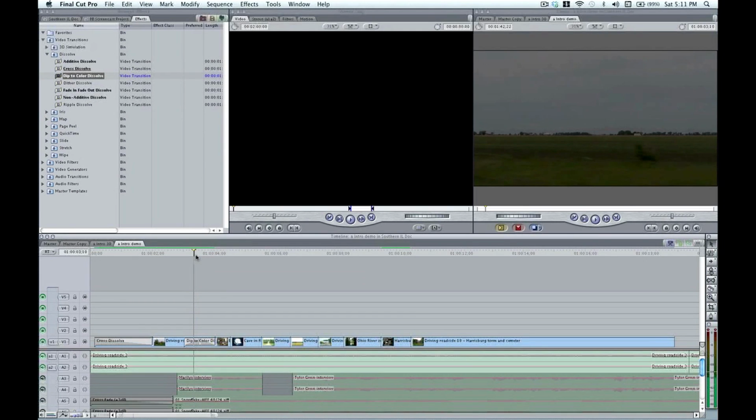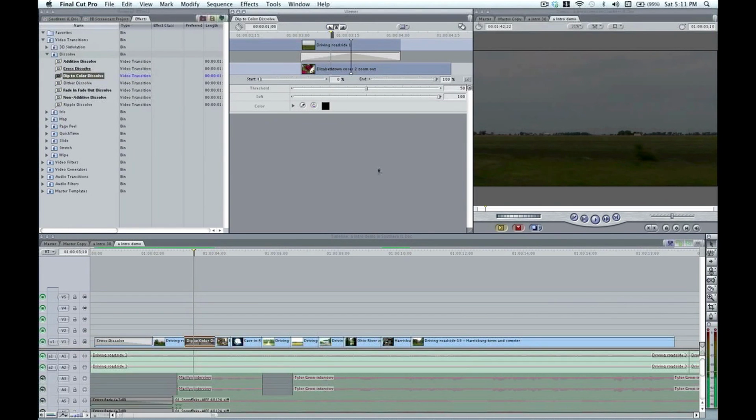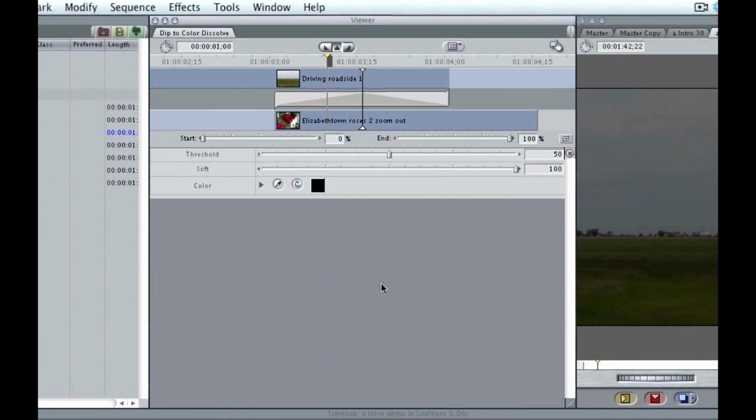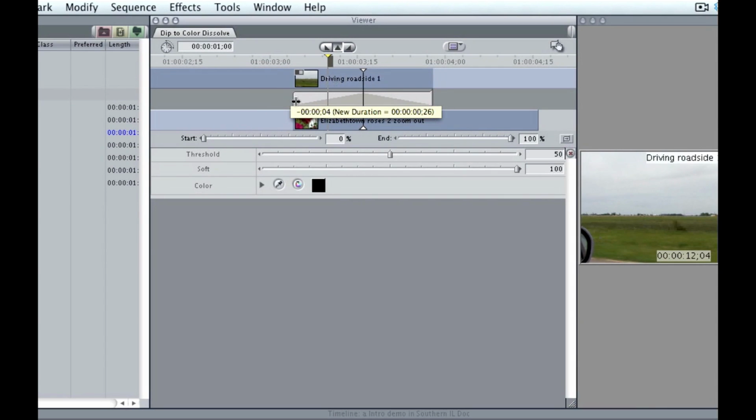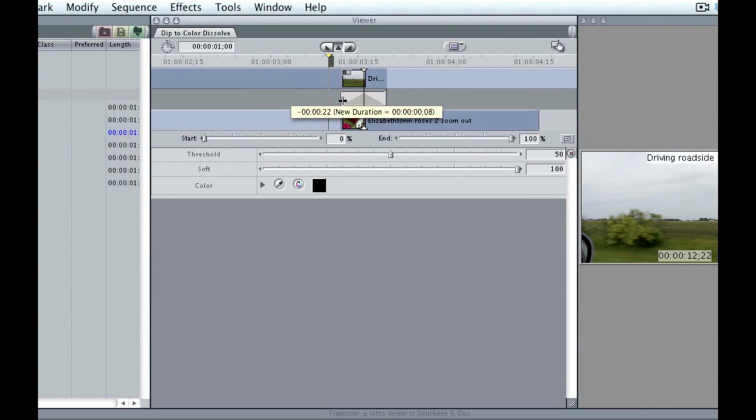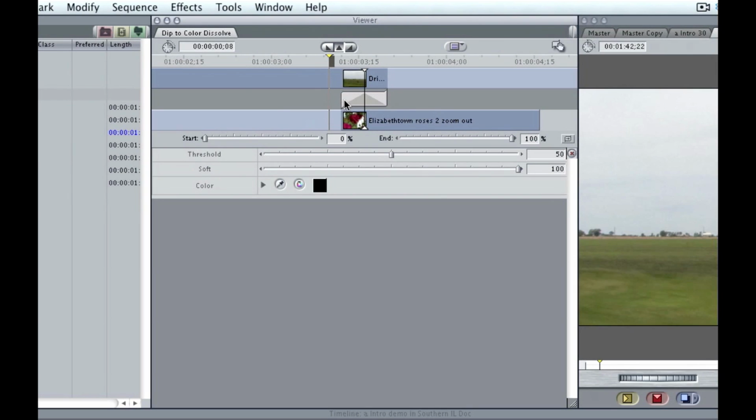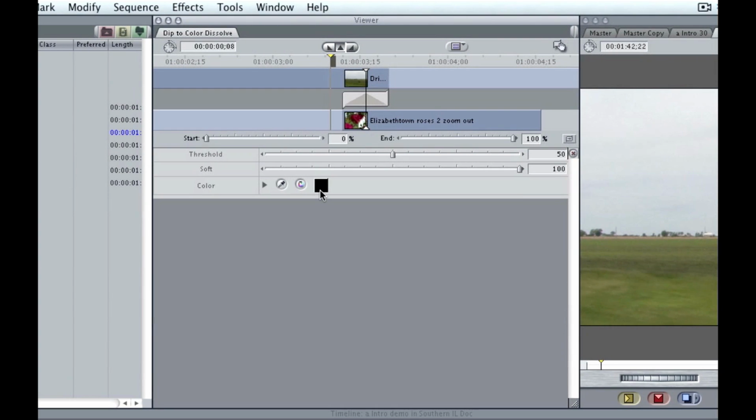Okay, so to edit this transition, you just double click on it, and this is now the transition editor window, and there are several parameters here that we can change. The first is up here, and it deals with the duration. Like I said, by default the transition is 1 second. So to make it shorter, it's as simple as just dragging it in, and you can see right under my cursor here that my new duration is 8 frames long, and I think I like that for my flash to white. You can adjust the threshold and softness of your transition,